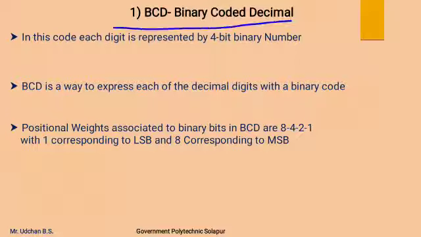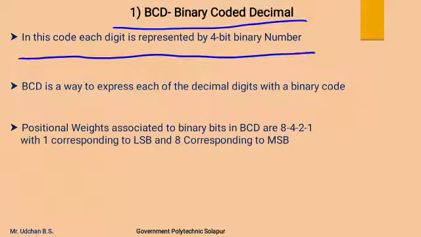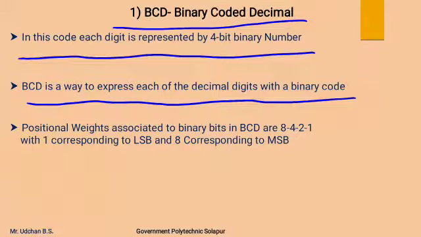Now first we will see what is BCD. The long form for BCD is binary coded decimal. That is, each digit can be represented in a binary code. In this code, each digit is represented by a 4-bit binary number. BCD is a way to express each of the decimal digits with a binary code,